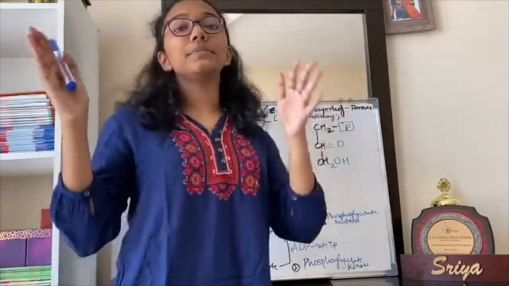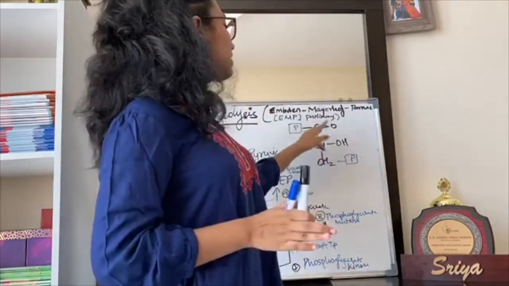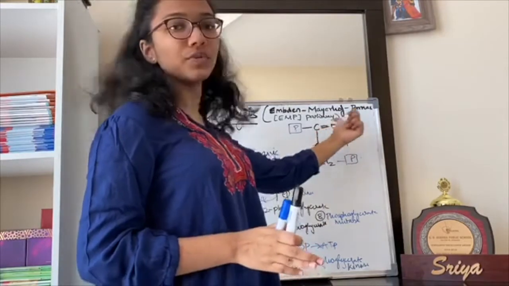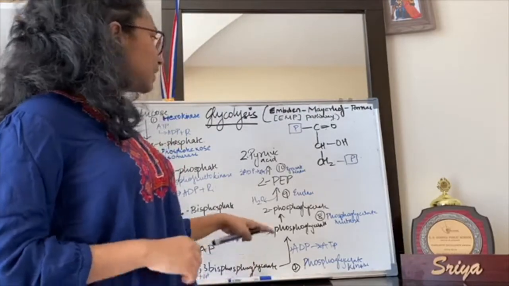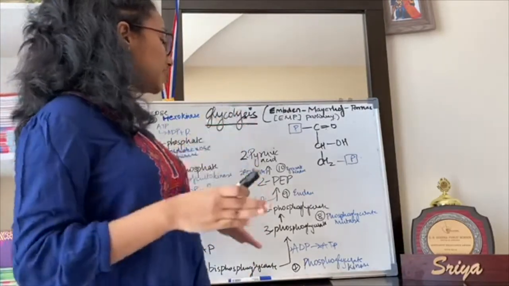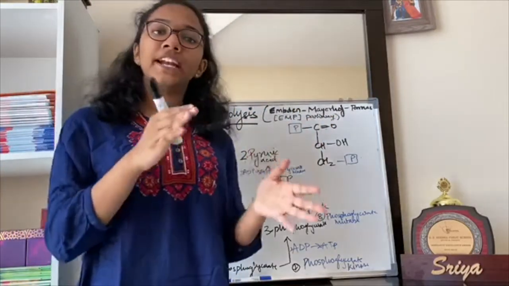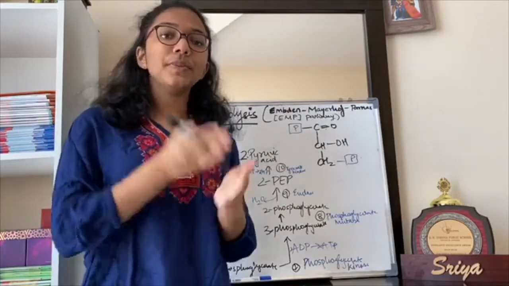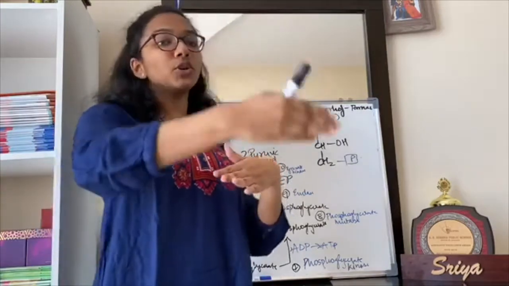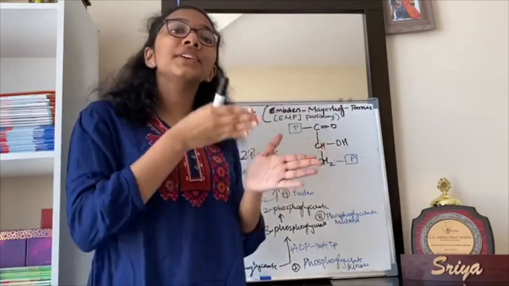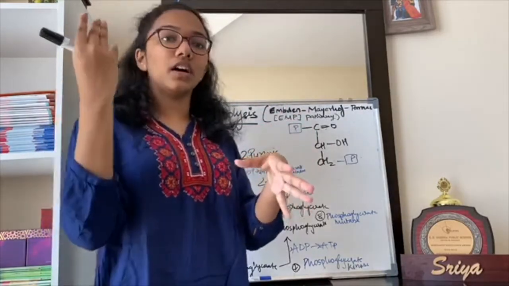Let's look at 1,3-bisphosphoglycerate. We're considering this as the first carbon here because of the presence of the carboxylic acid group. This molecule is now converted into 3-phosphoglycerate by another step in which ATP is synthesized. ADP adds a phosphate group and it becomes ATP. Now since there are 2 molecules of 1,3-bisphosphoglycerate, you'll get 2 molecules of the product, and you also need to synthesize 2 ATP because 2 phosphate groups are being used.